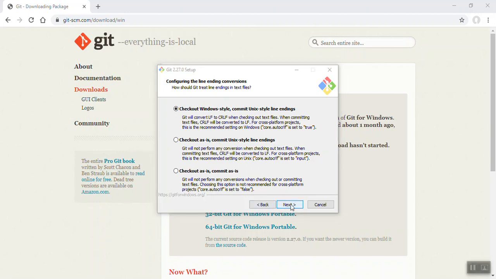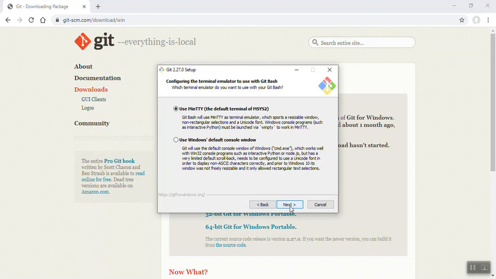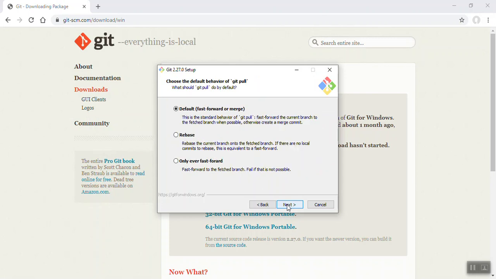Checkout Windows style, commit Unix style line endings. Yeah, that's fine. Good to go. Next. Let's choose the last one, use Windows default console window. Okay, click on next.